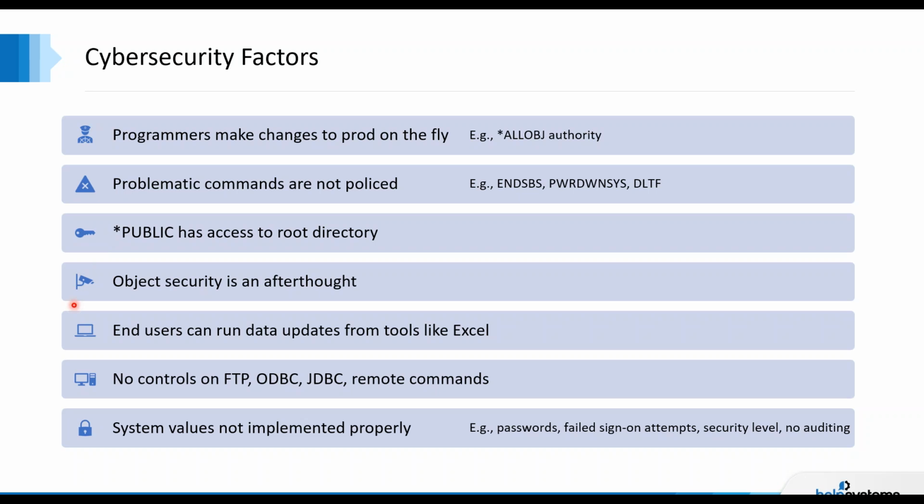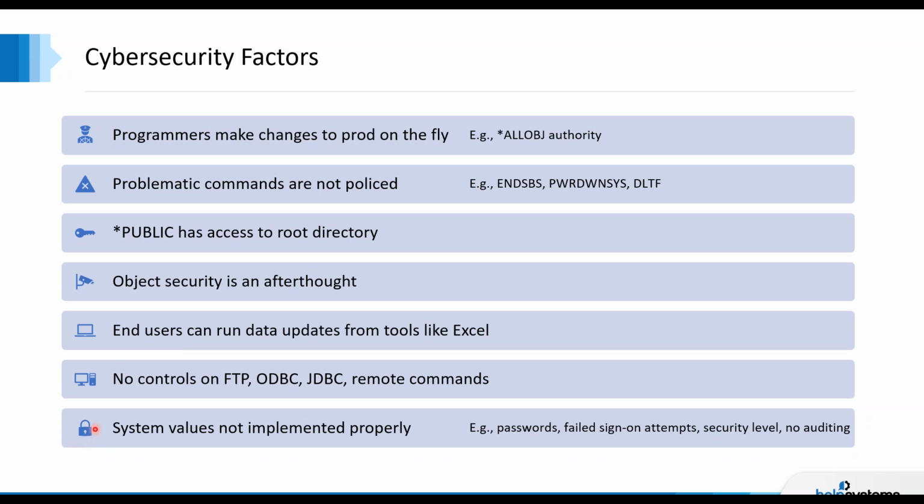Object security is often an afterthought. With IBM i, we've kind of lived with this mantra that IBM i is secure. It is, but really it's securable, because we as administrators maybe have not executed things properly. It's easy to access the system today with things like Excel or ACS and FTP and all these other things. And these can, if we have the wrong rights to them, let end users update data and not even know that it's going on.